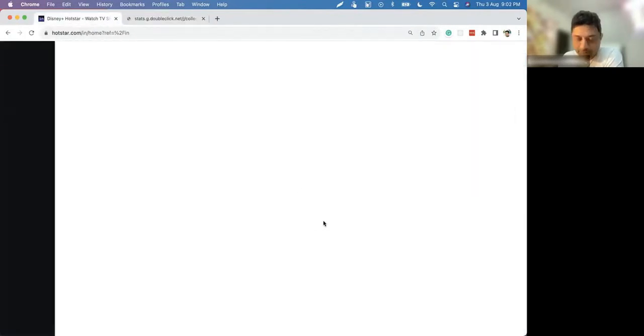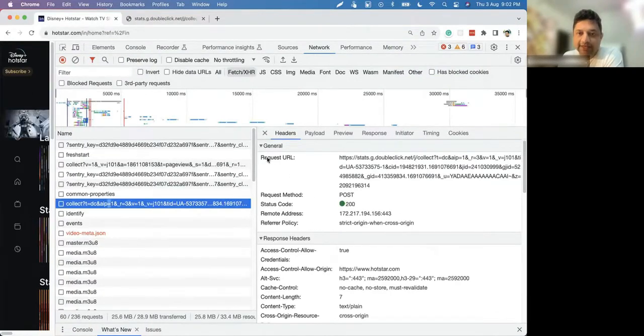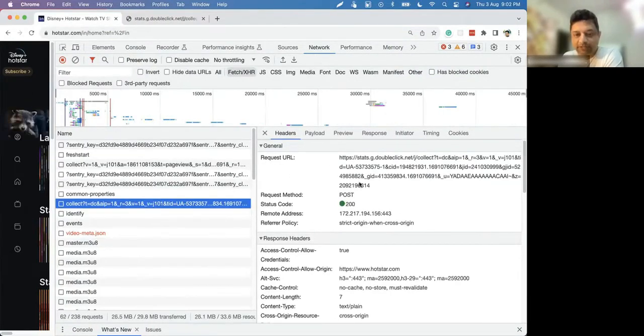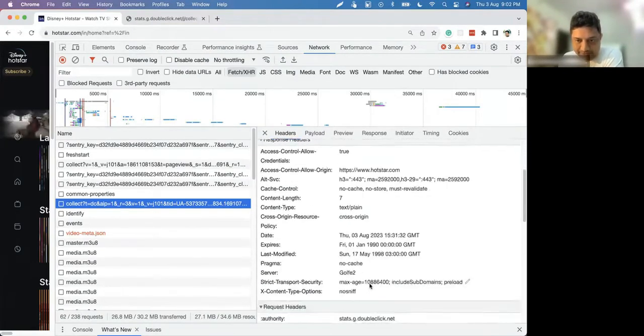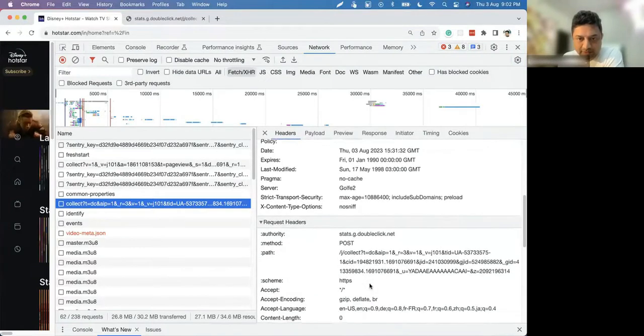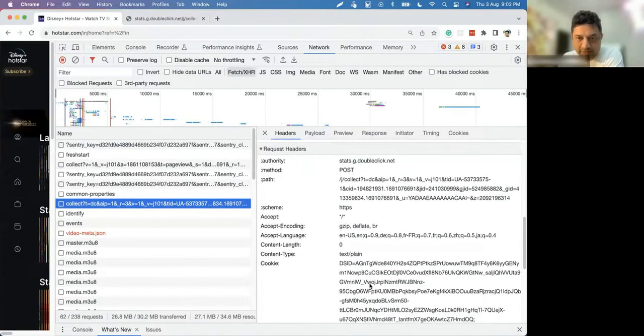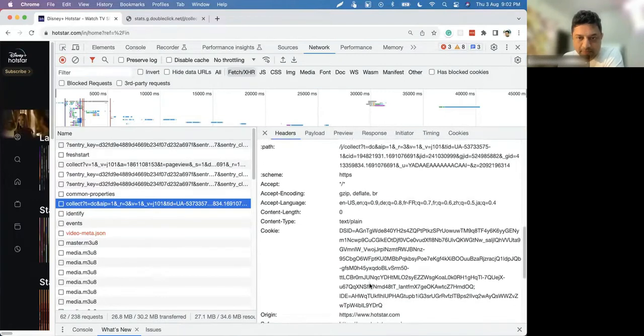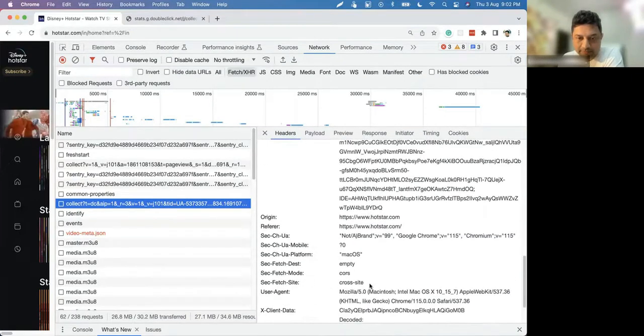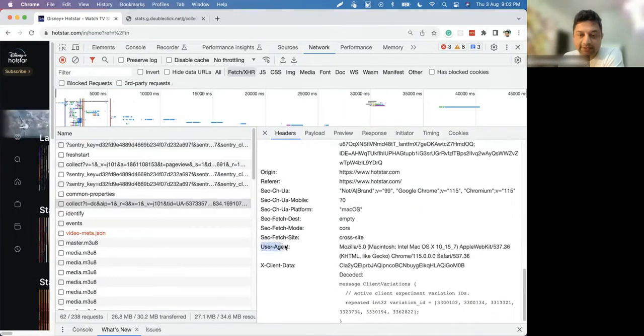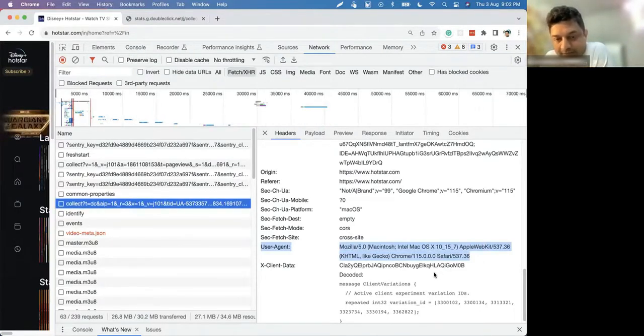It took me to the next page, but here in the headers you may get some information about the device type. You see this user agent, it shows the information. So that is one way.